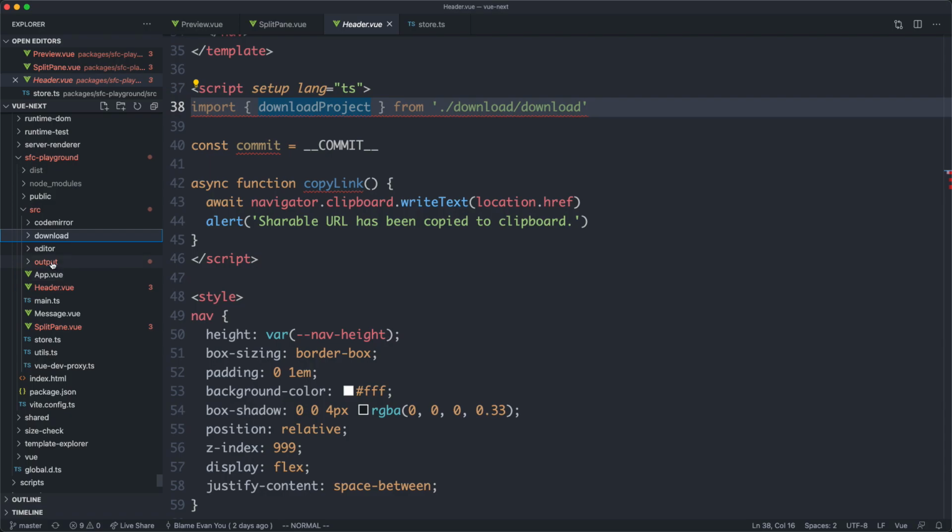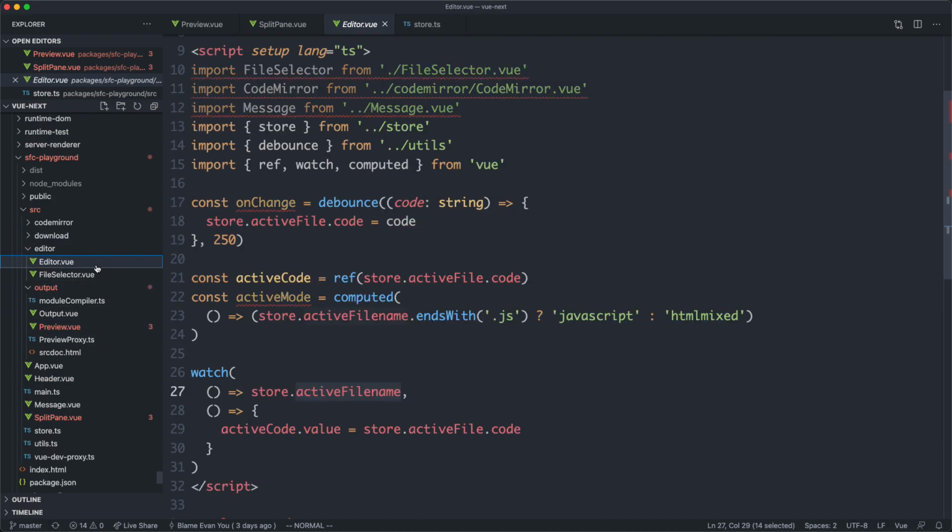The next thing is going to be the output. We're actually going to come back to this because understanding this requires you to understand everything else that's going on. We have the code editor here, which is not especially interesting, but we do have to know that we're using a store here. So there's a little localized store that's being created, and we're going to keep an eye on the code every 250 milliseconds, and then we're going to go ahead and propagate that to the store,